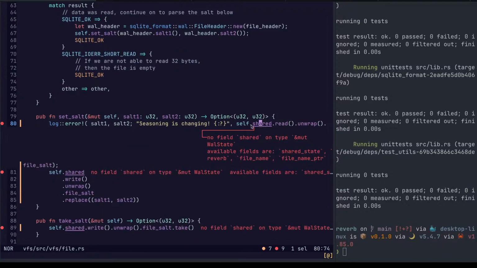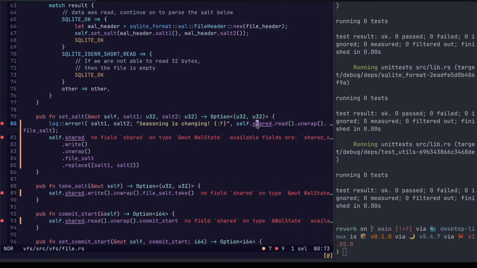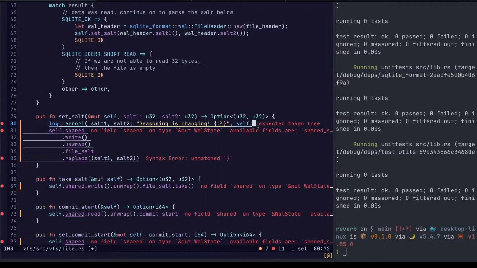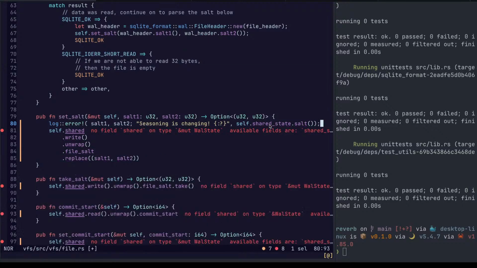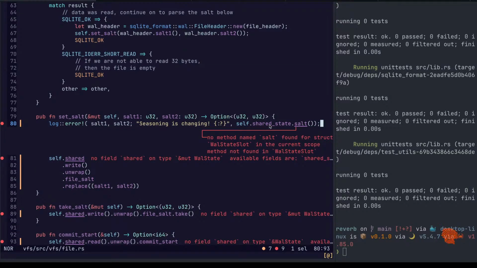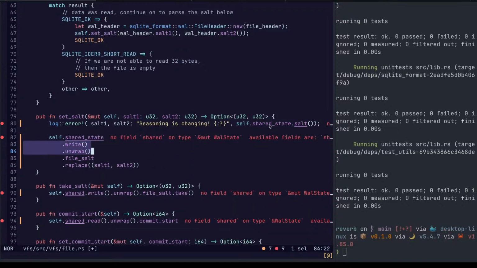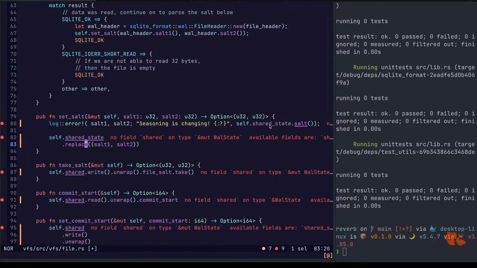Something like that. Shared state. Probably want to replace salt.